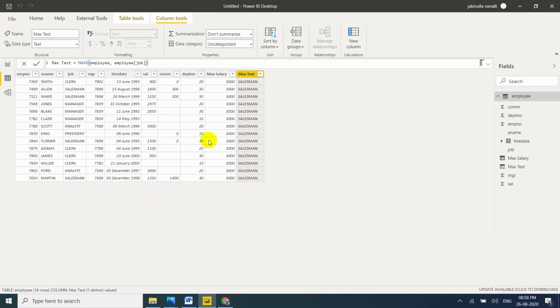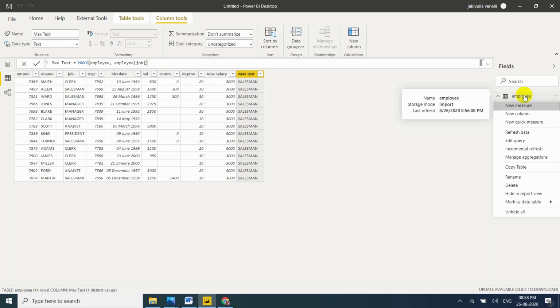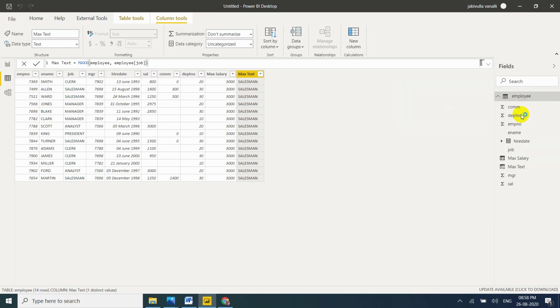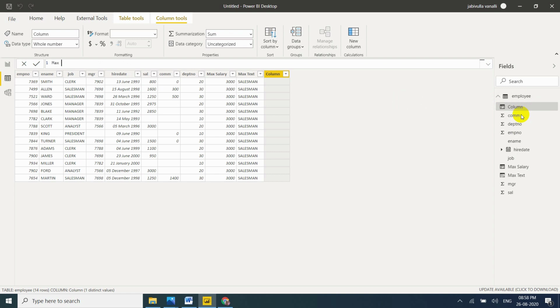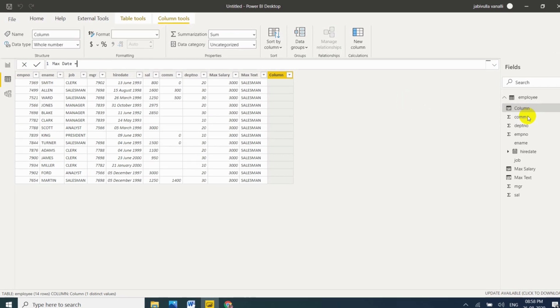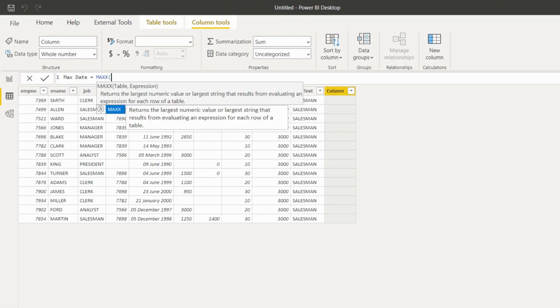Now I want to go for dates. I want to find the maximum date from this column. Right click, new column, Max Date equal to MAXX.